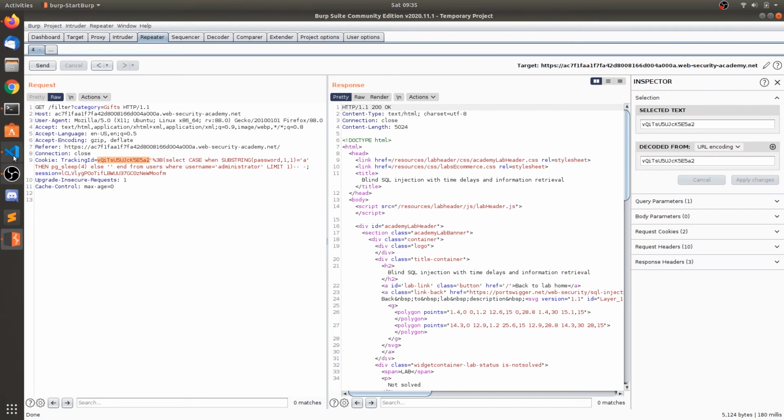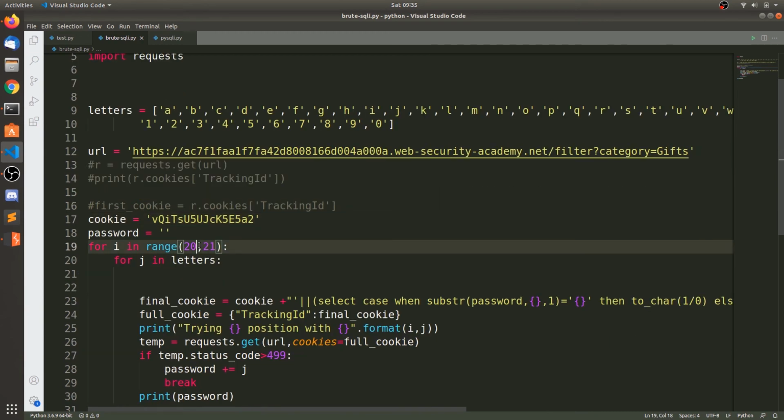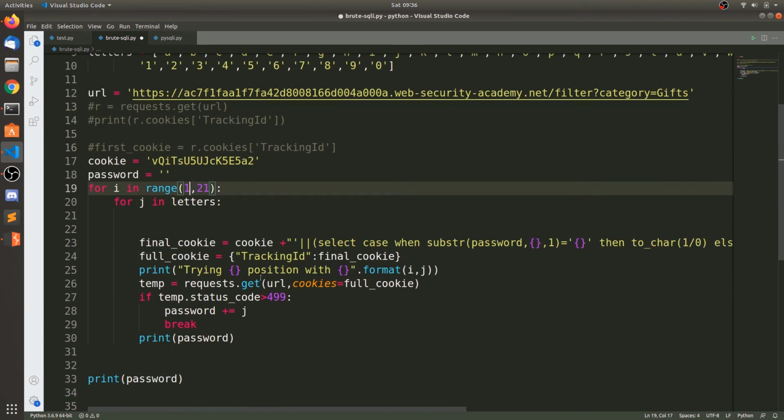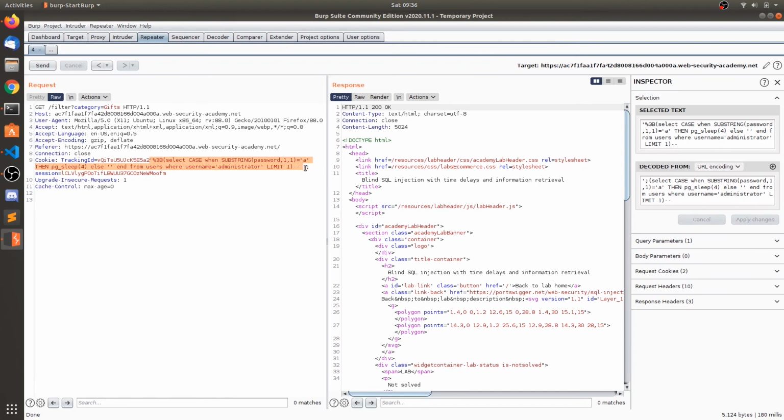So anything should be fine. So change the cookie here, and then range from 1 to 21. So we need to change this SQL query, and let me copy this, including the quote and the comment. So up to here, full query.